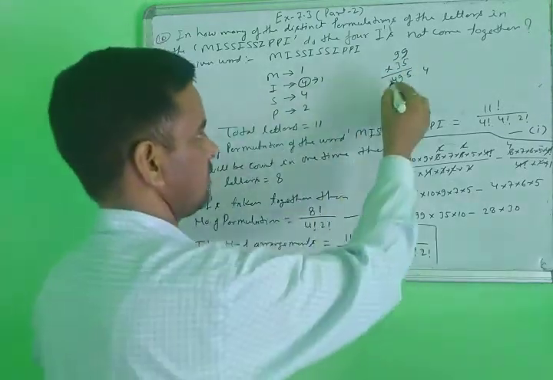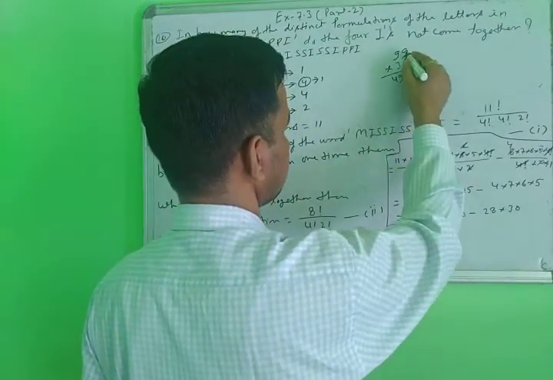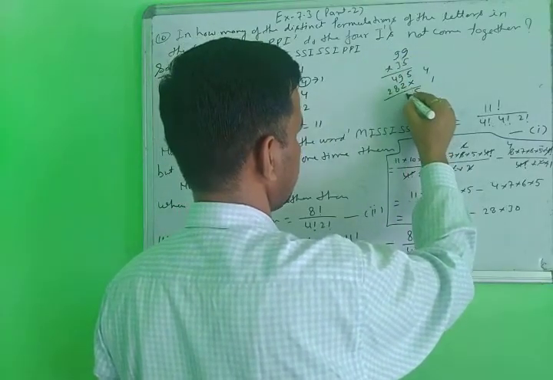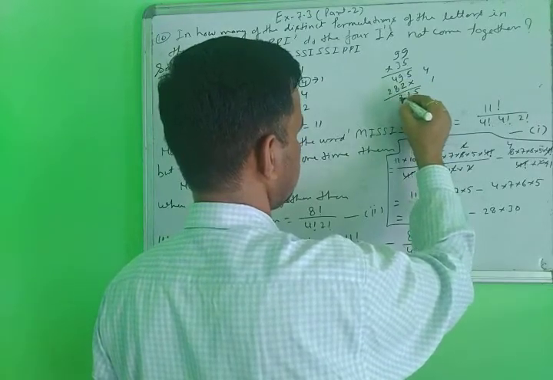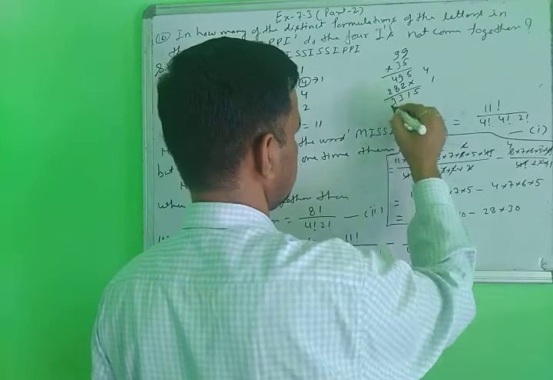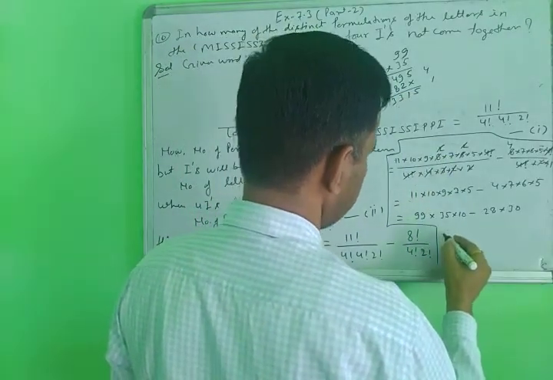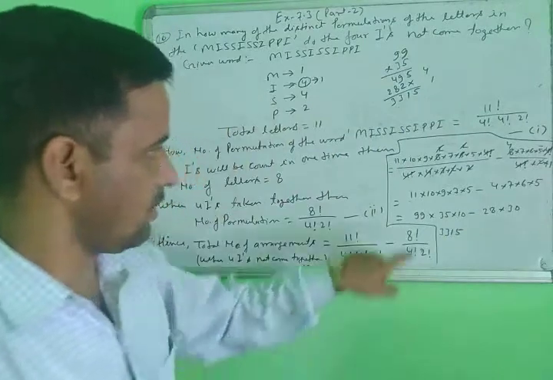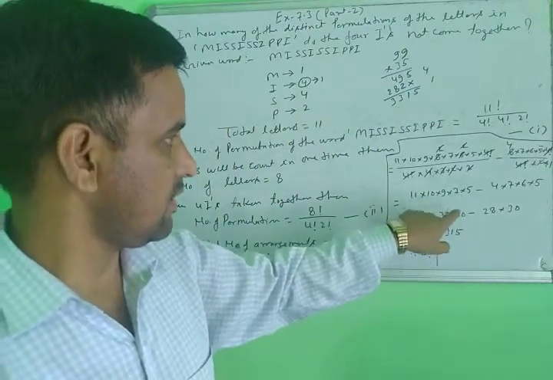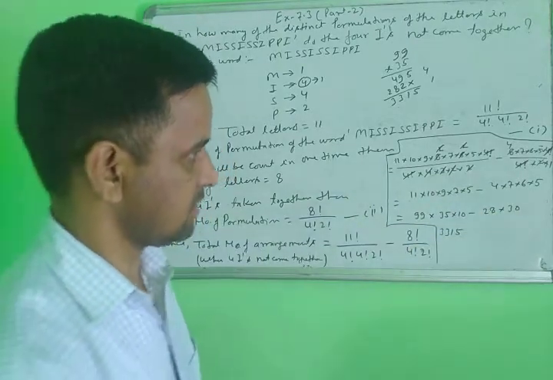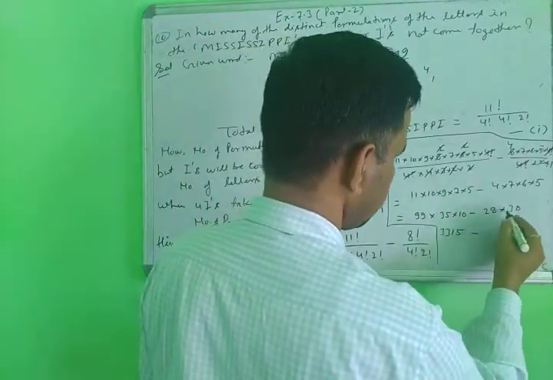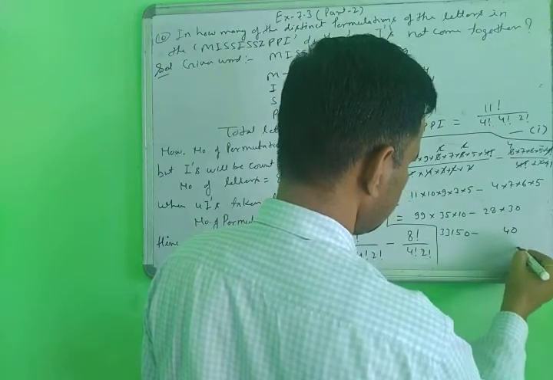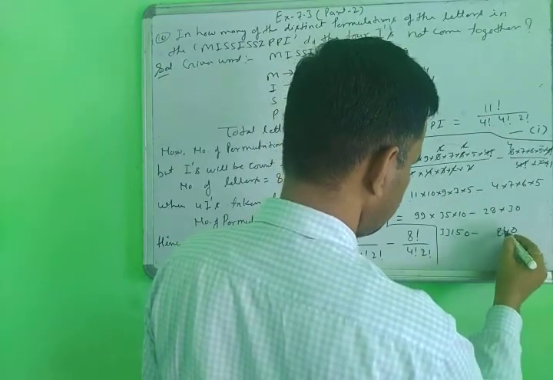45 and 4 is 49, and in the next multiplication, 9 times 3 is 27, carry 1, and 27 plus 1 is 28, 5 threes are 15, plus 8 is 23, carry, and so on, so 3315. So 99 into 35 is 3315. Then with the 10, we get 33150. Similarly, 28 into 30: 8 times 3 is 24, carry 2, and 3 times 2 is 6, plus 2 is 8, so 840.